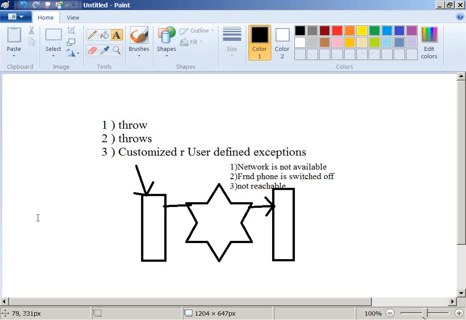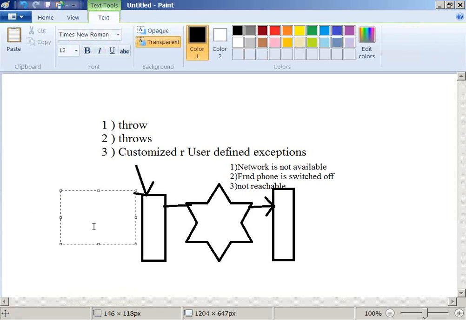Now see this. I am going to write one or two. But what is the difference between these statements?